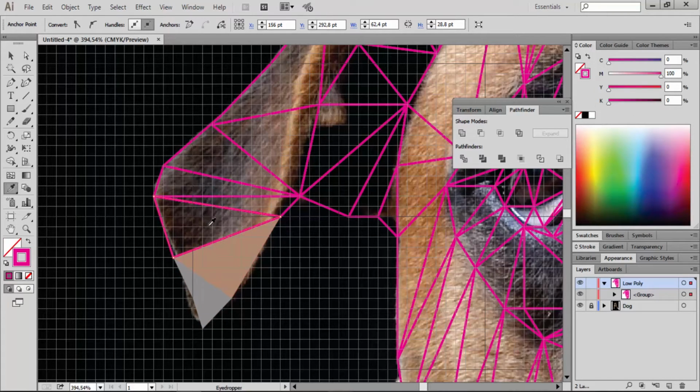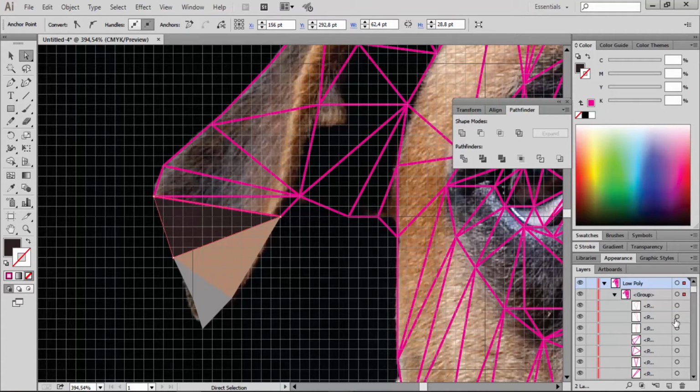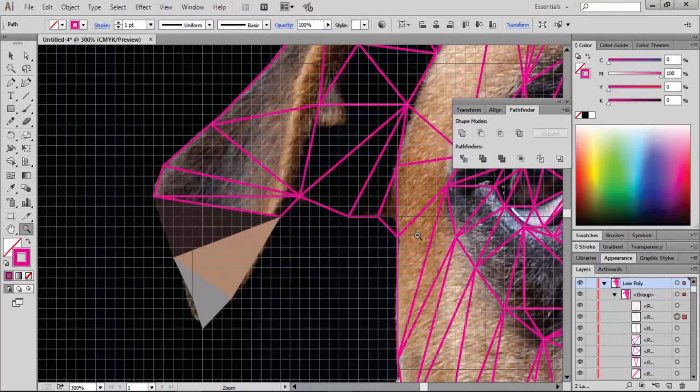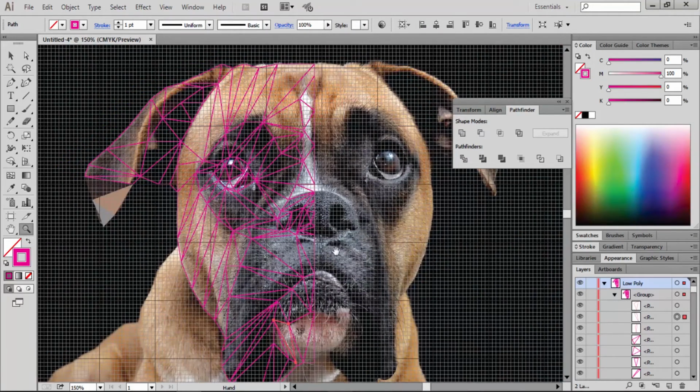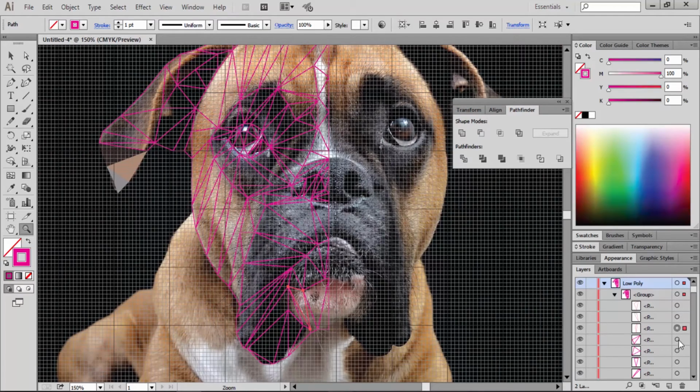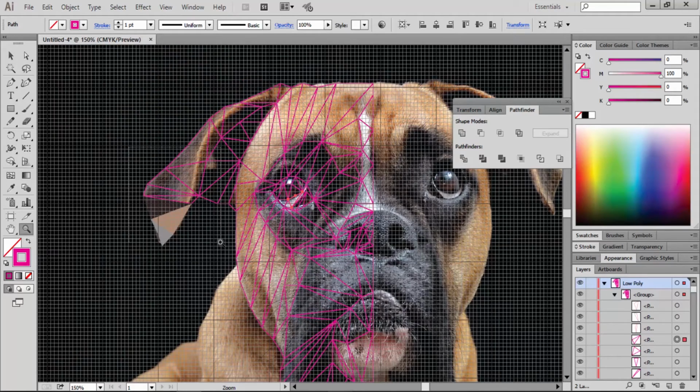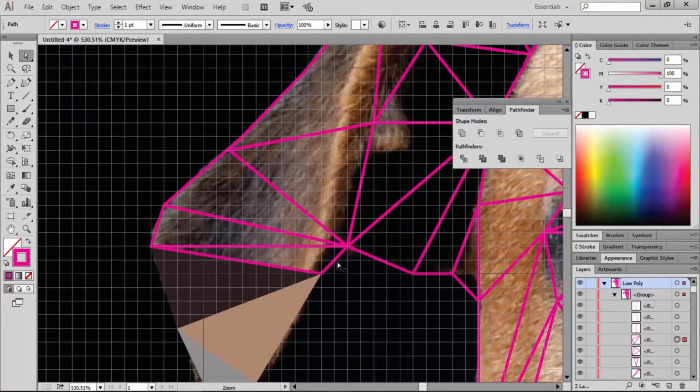You could also select all these triangles over here on the layer panel, but I'm going to do it manually because I think it's easy. So just continue to fill all these triangles. Remember to grab the color picker and select your tone.